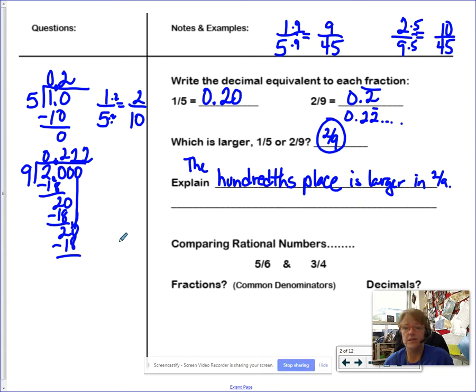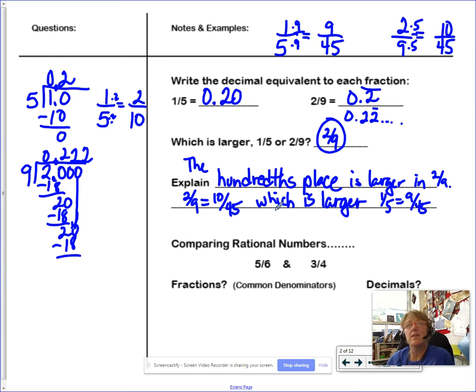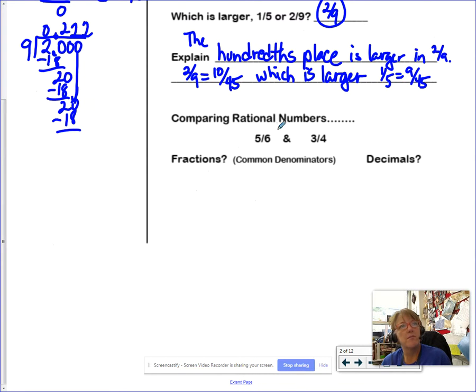Okay? Or you can say that the 2/9 is larger because 2/9 equals 10/45, which is larger than the 1/5, which equals 9/45. So they're super close, but 2/9 wins. Okay, let's do the same thing with these two rational numbers, 5/6 and 3/4. I want you to write down both ways, okay? Fraction way, I would write here's 5/6,